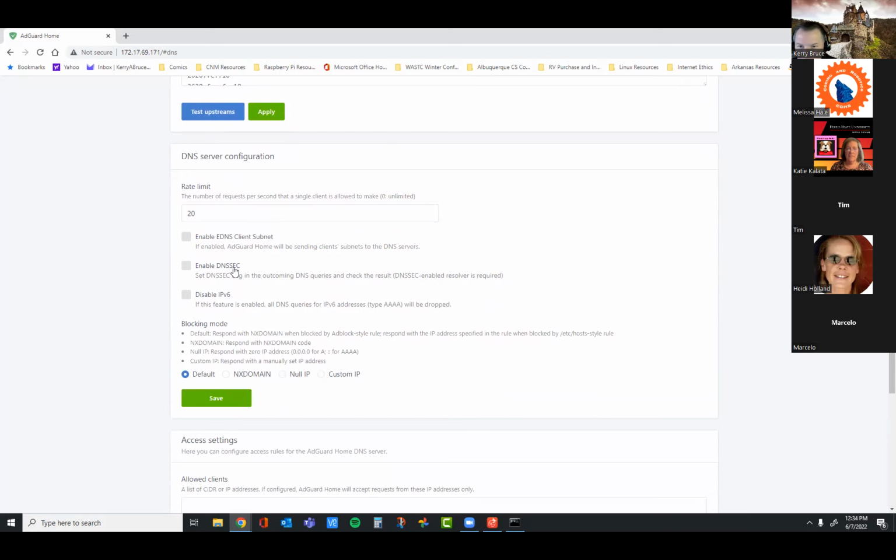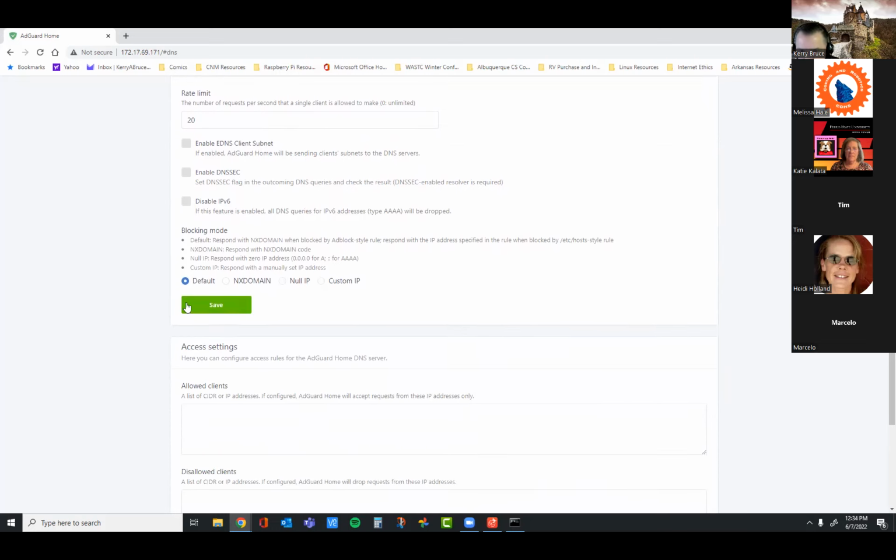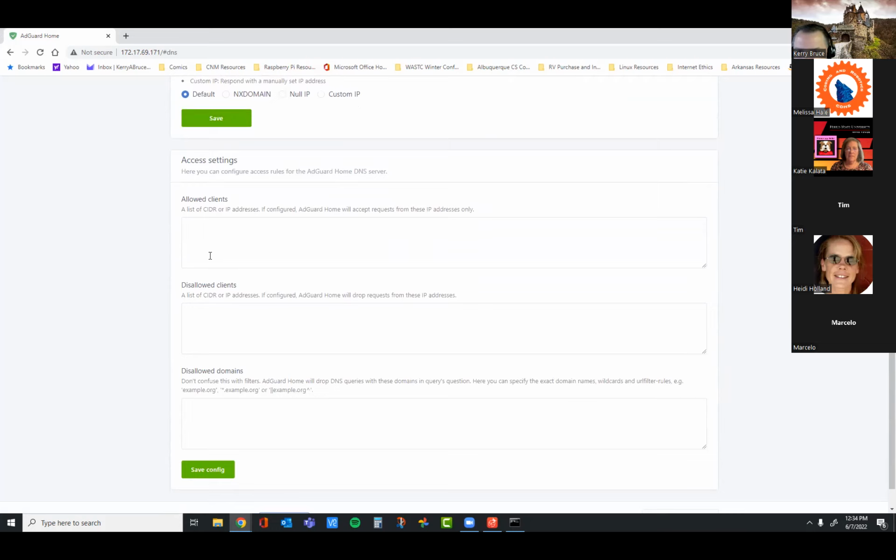We can enable DNSSEC here as well. Blocking mode is default. Default response to the blocked. Okay. I think we're going to leave that for now.